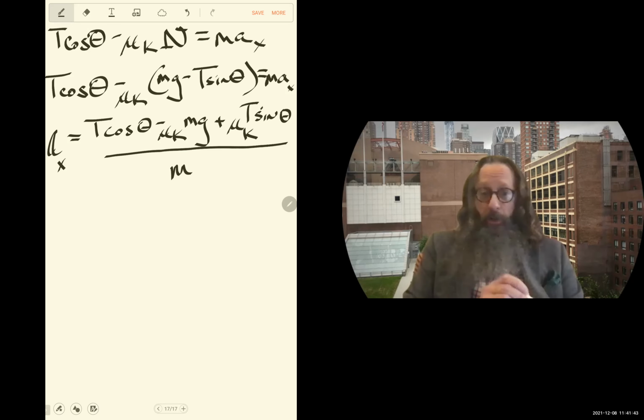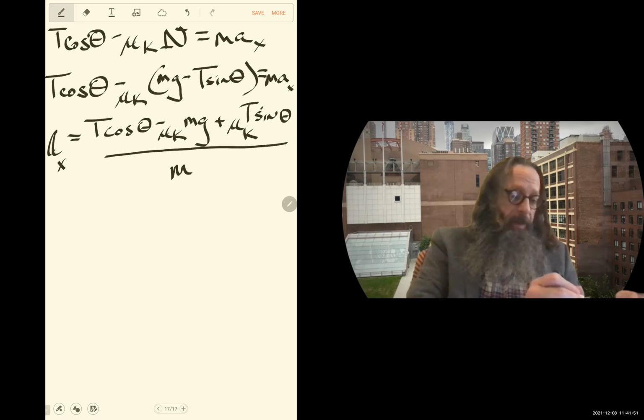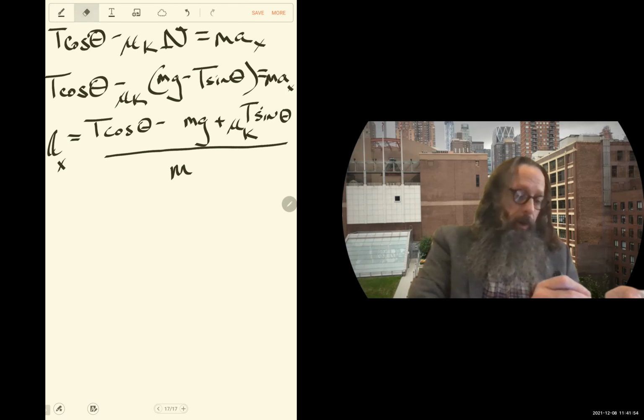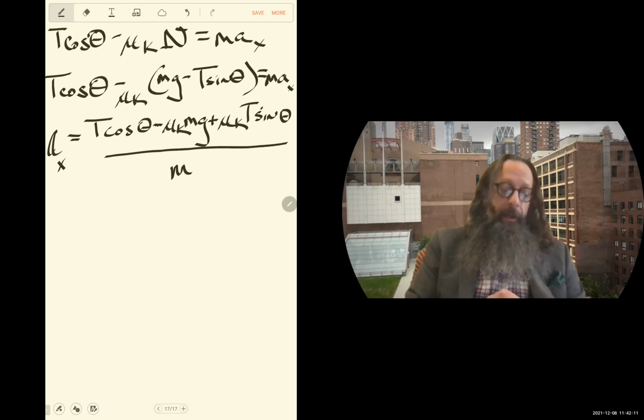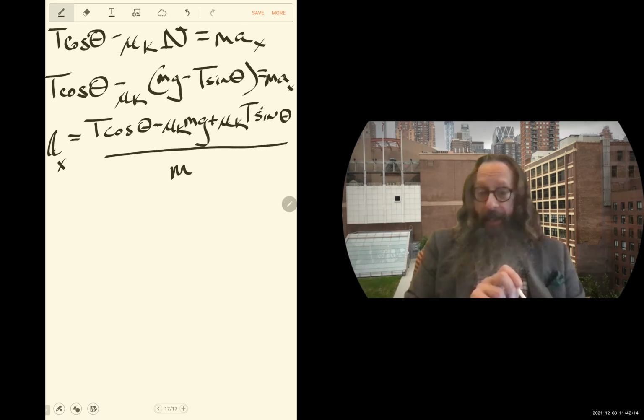Again, I'm postponing numbers because in case I did something weird with the numbers, at least all of this is right. And notice, I don't really mean to make the mu flying down there like that, sorry. But notice there's really no more simplifying I can do at this point before plugging in the numbers, because, for example, I cannot cancel out the m's.